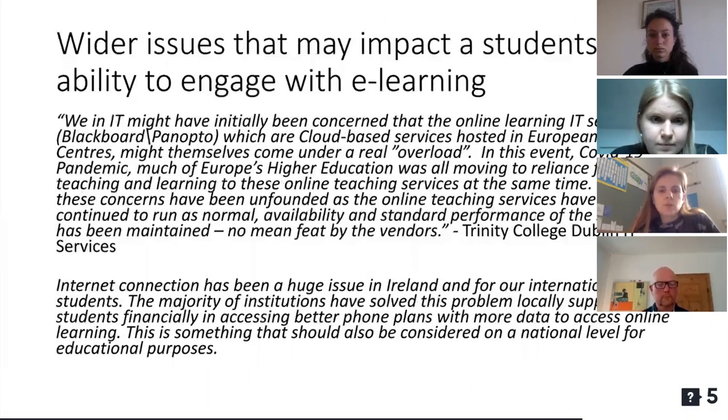So there's a lot of issues that we were worried about encountering over the course of this period. And I think it's important for the institution that it's not just a case of assessment. Online learning will bleed into assessment, and it's important that the learning element fits into the assessment. I think Dominic and Marcus alluded to this earlier on. It is a case of being able to deliver a quality education also, and we need to be able to keep that in mind. It's not so much reacting to the issue at hand, but it's also being able to